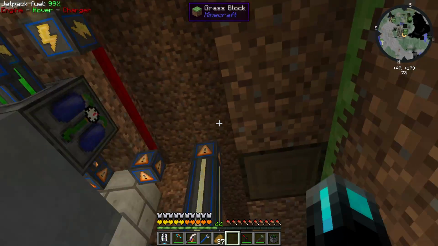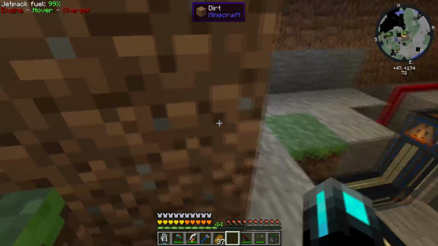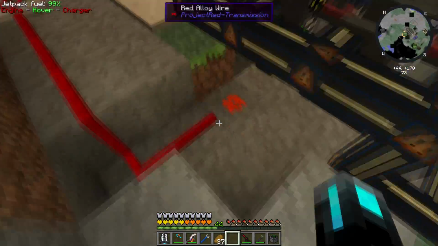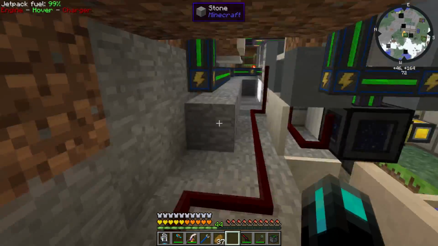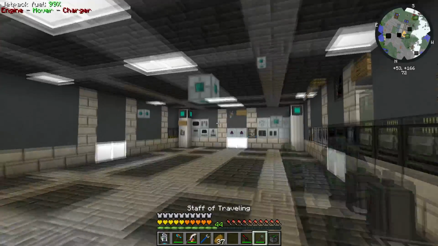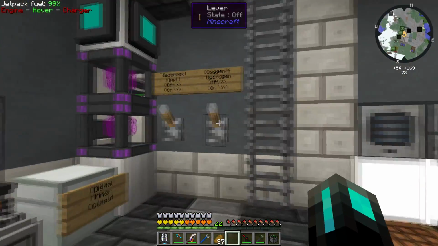Now the cool thing about these universal cables and pretty much any cylinder objects from Mekanism is that when applied with a redstone signal they get disabled. So like this red alloy wire here, it breaks the thing, so I can turn these electrolytic separators off when I want to. Same goes for tesseracts. So I've basically got an on and off switch for most things. So if I turn hydrogen and oxygen on,